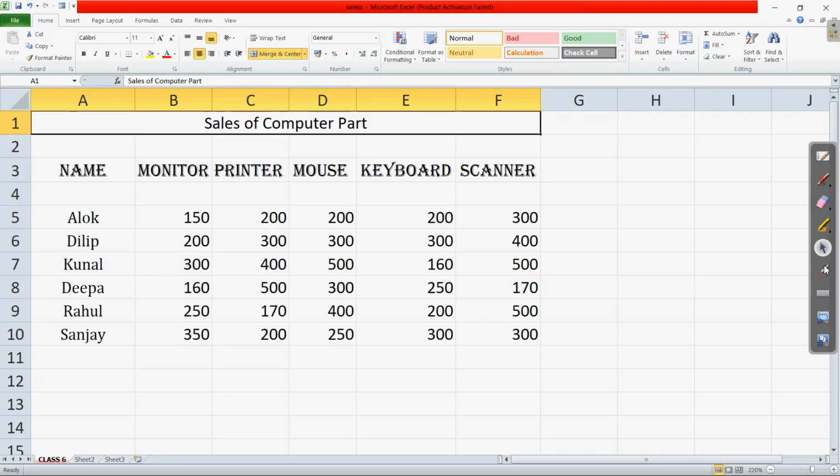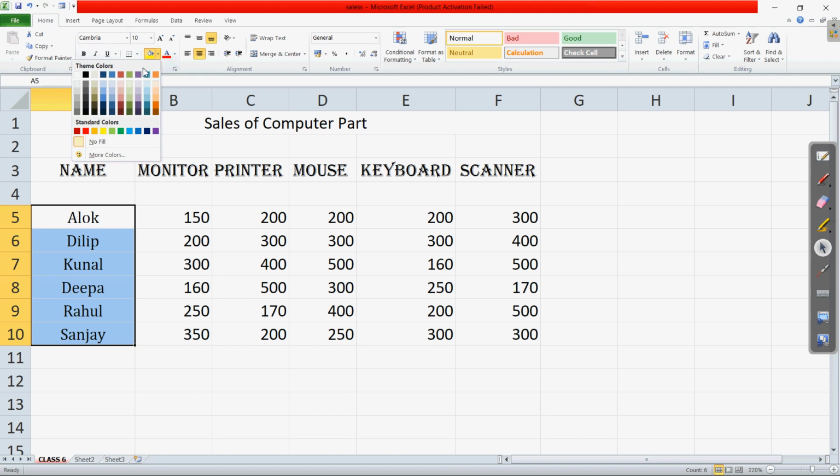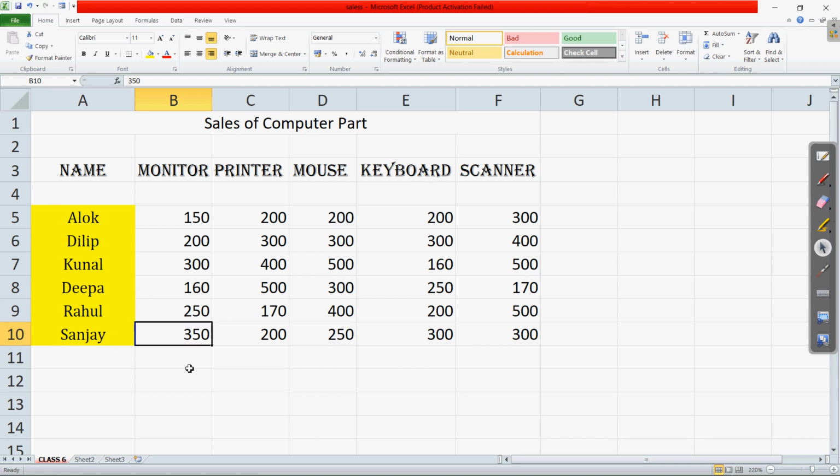If we come to this data which we have written, suppose we want these names to appear differently for all these cells. First we select them, then go to the home tab, and in the home tab we have the fill color option. Now you can see whatever color we choose, the same color is applied to all of these cells which we have chosen.